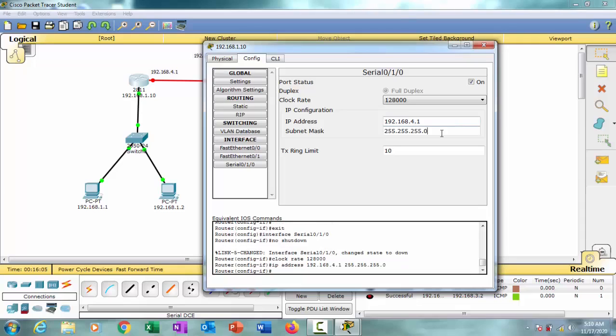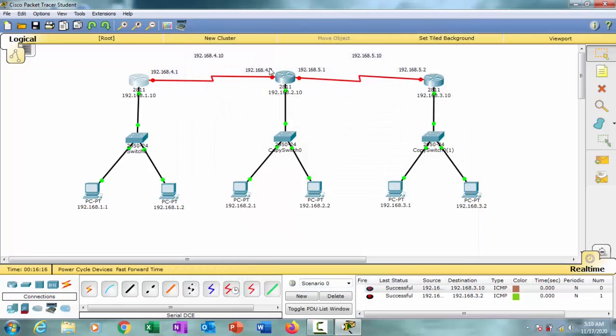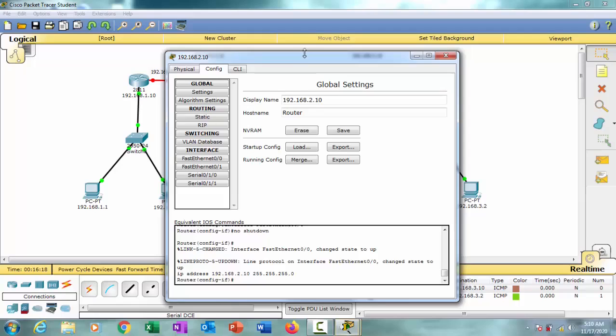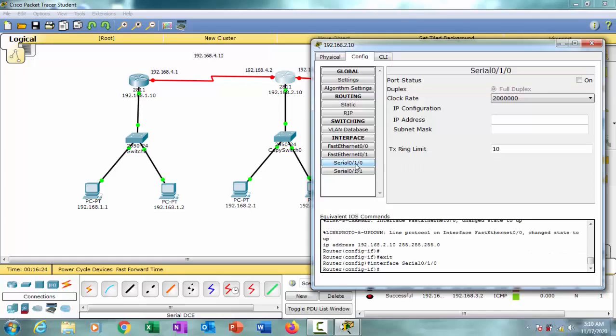4.1 and then the subnet mask. It's okay now, so that's no problem. No problem with that. Now for this also, we're going to use the 4.2 for 010. Remember, we're going to click this 010, and this is where we're going to connect the 4. That is where we connected this DCE line on the 010, and that is where we're going to assign the